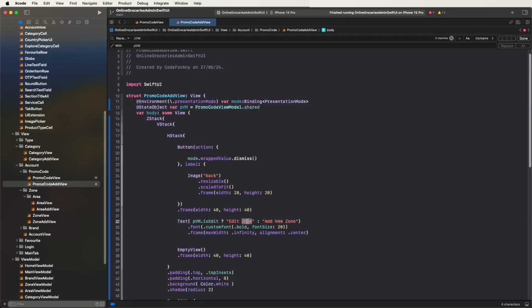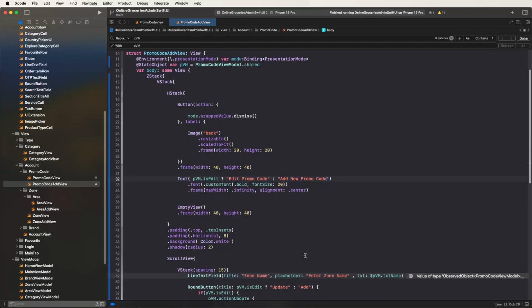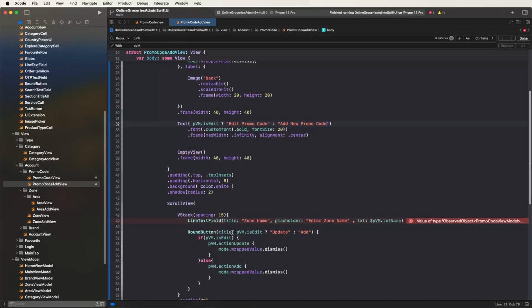If it is edit, then write down promo code edit, and if you add, then write add new promo codes, like this, change the titles. And then after that we need to configure the UI titles and set some text fields. First of all, we need to set the code, and we need to write down the title as promo code,